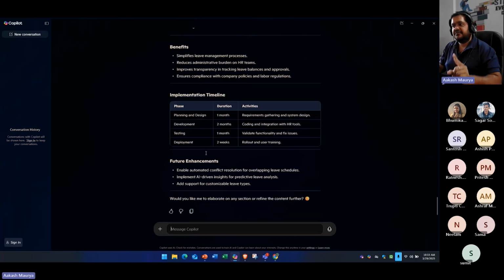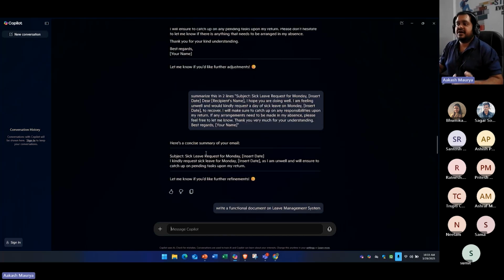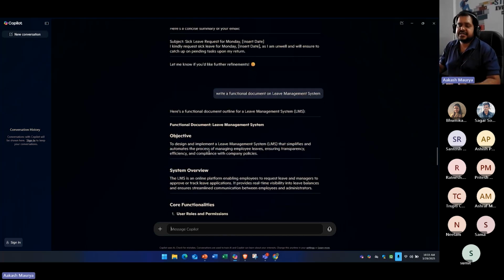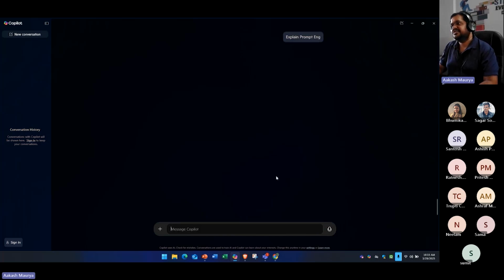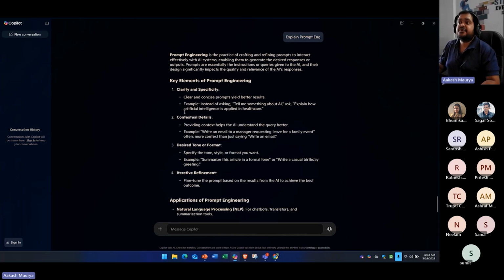But the only thing that is important is you need to have an idea of how you have to communicate. You have to understand the prompt. So for that, there is a new term in the market called prompt engineering. Prompt, and we have prompt engineering. So, explain prompt engineering. Now you can learn prompt engineering even from the Copilot